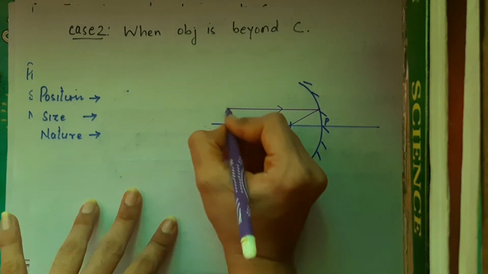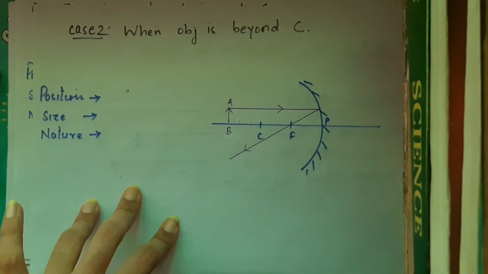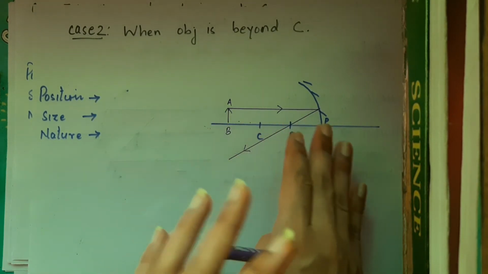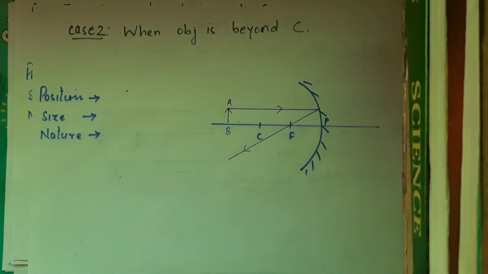Right? So that is fine. Let me mark the object also. There should be a name of the object. So the object is AB. So the rule number 1, the light coming parallel to the axis passes through the focus after reflection. Right? Okay. Now I need one more light ray to form an image. What do I do? Now from rule number 3, if you remember, I can pass a light ray from center